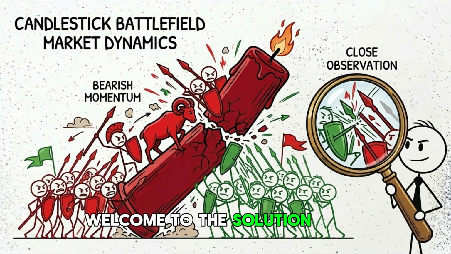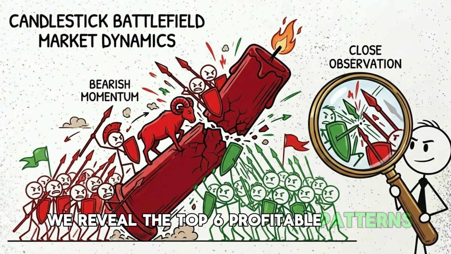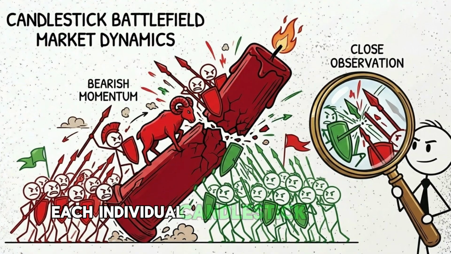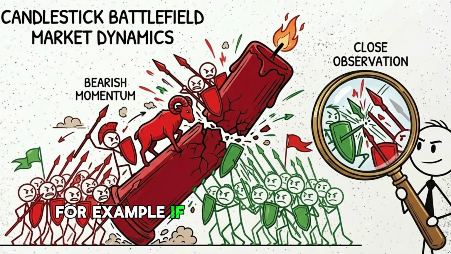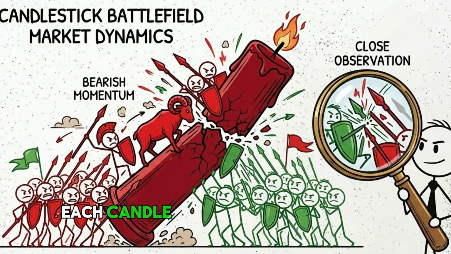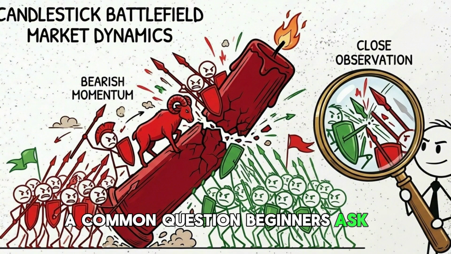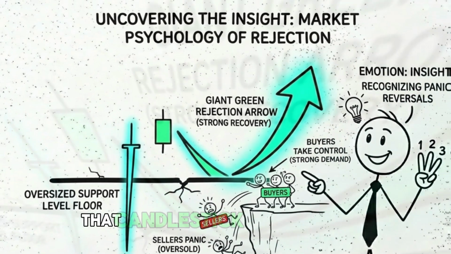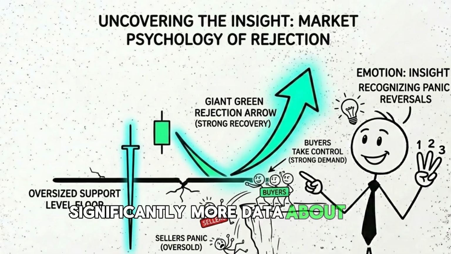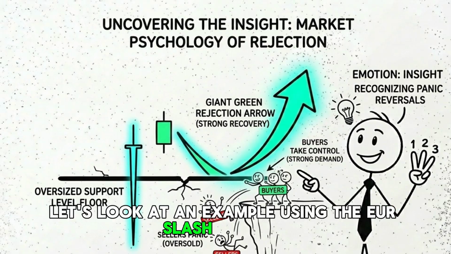What are candlesticks? First, we must define what candlesticks actually are. Simply put, candlesticks are a visual method for viewing price history. Each individual candlestick represents the price movement of an asset over a specific period of time. For example, if you are viewing a 1-hour time frame, each candle represents 1 hour of price history. If you are on a daily time frame, each candle represents 1 full day. A common question beginners ask is, why shouldn't we just use line charts? Wouldn't that be simpler? The answer is that candlestick charts provide significantly more data about the market compared to a